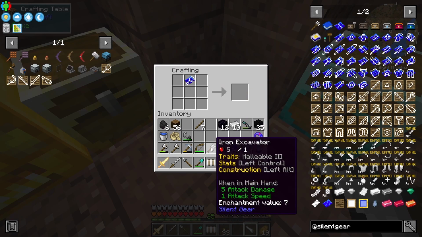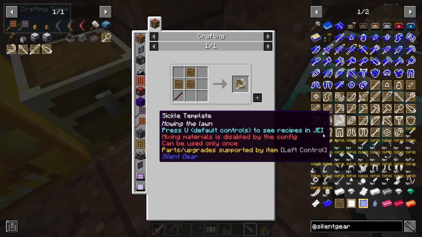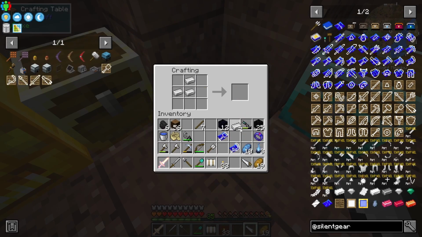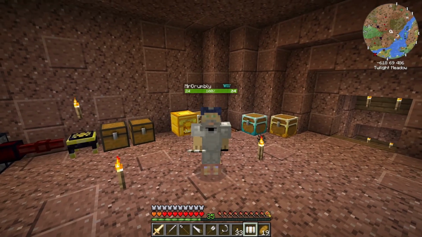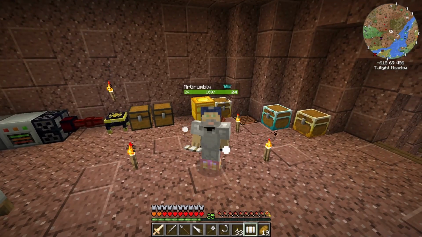There's the excavator. And then the sickle looks like it's three like that. Put that stick in there. The sickle can go right in the middle. Look at that. So the other part to keep in mind about Silent Gear is that it's got this material